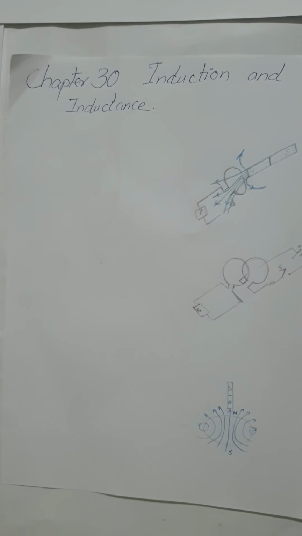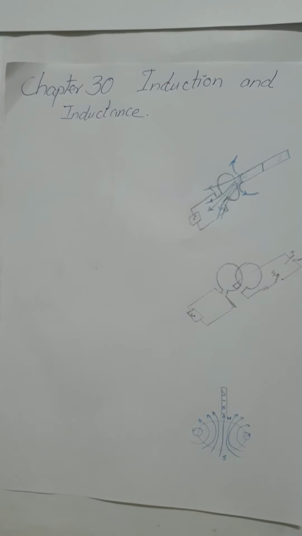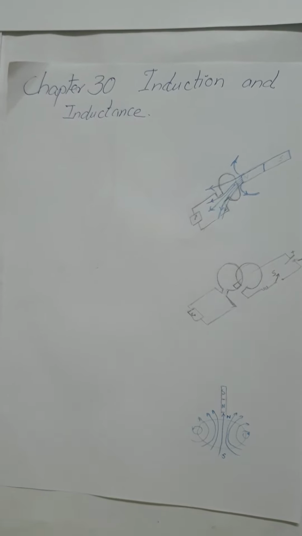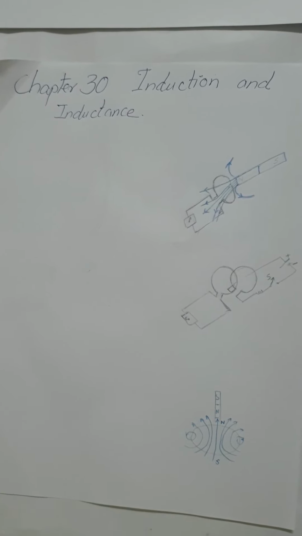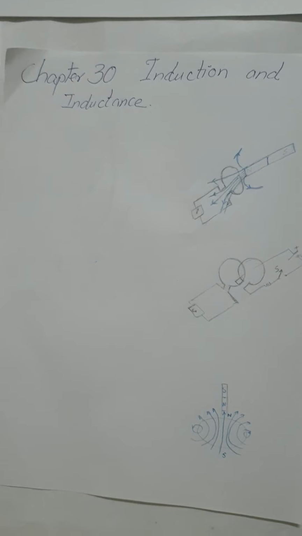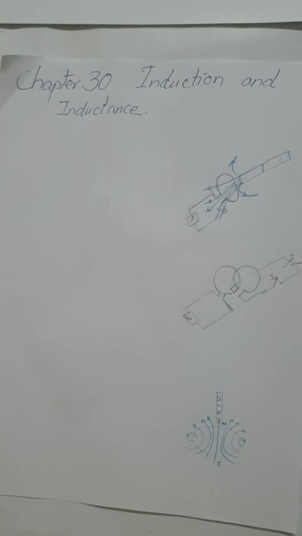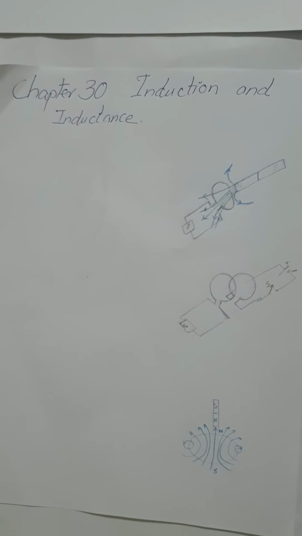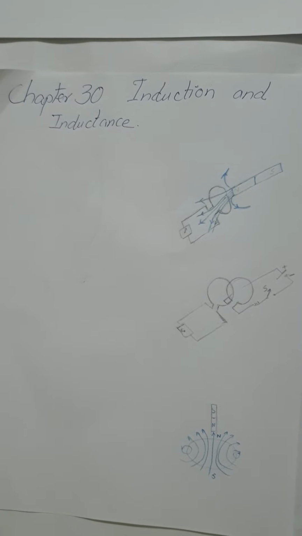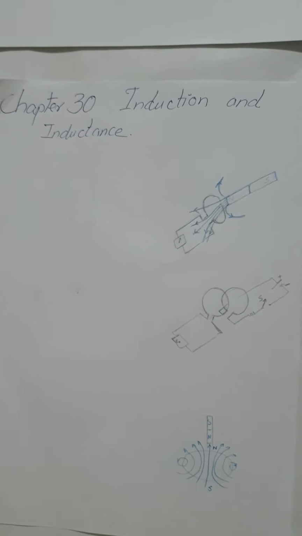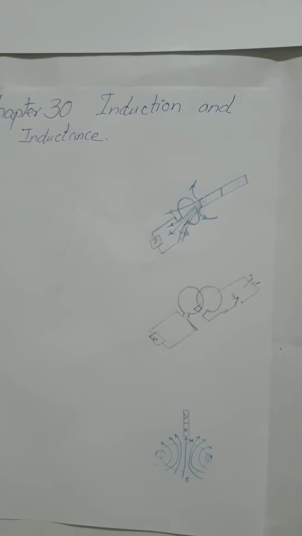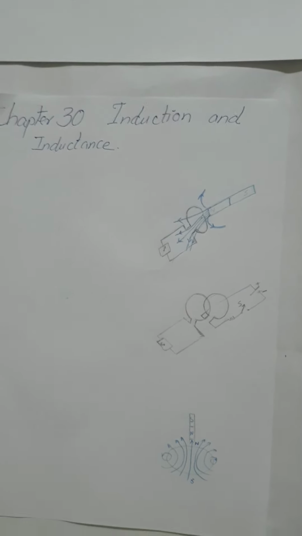In the previous chapter, we discussed phenomena where a current produces a magnetic field. We discussed a few cases where a current produces a magnetic field, and it was a surprise for the scientists who discovered this type of effect. Now, perhaps it was more surprising when